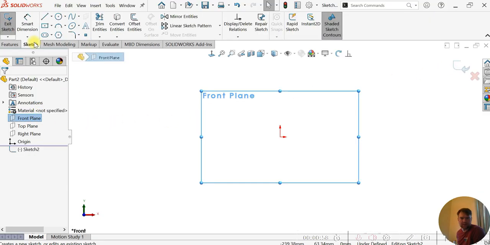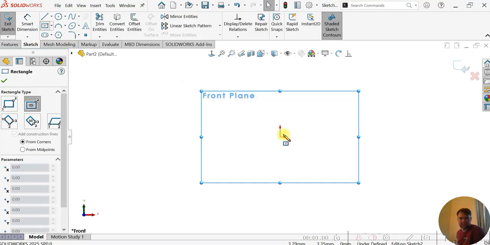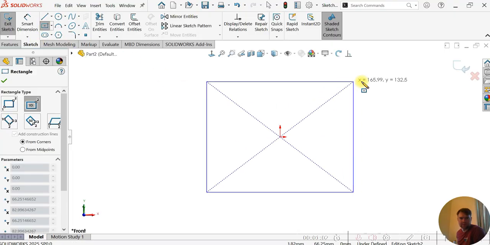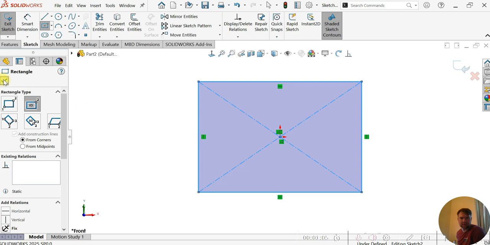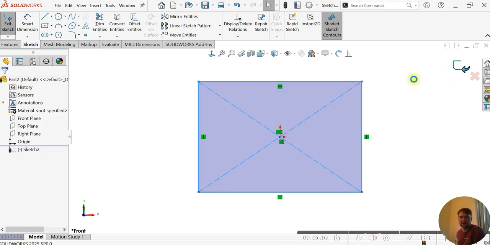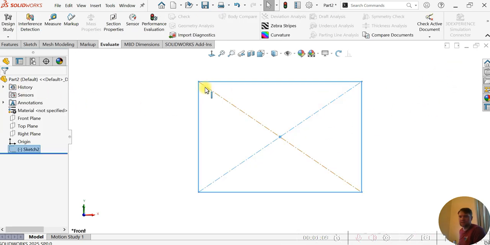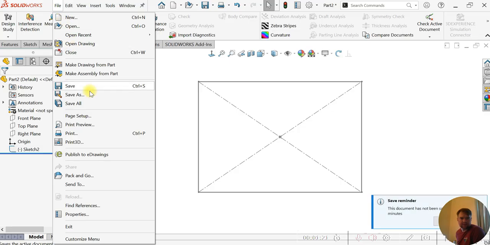Let's say I want to always start with a rectangle on the front plane, whatever, it doesn't matter. Any special preferences upon startup of a new part file I can include here, even if I want to set a material by default. I can now go to File, Save As,